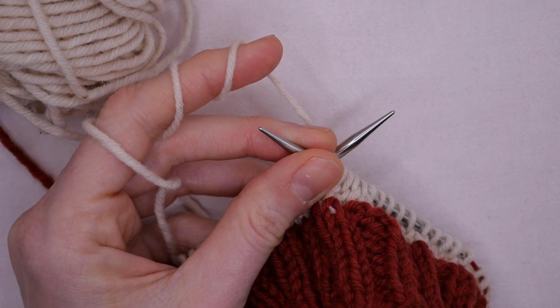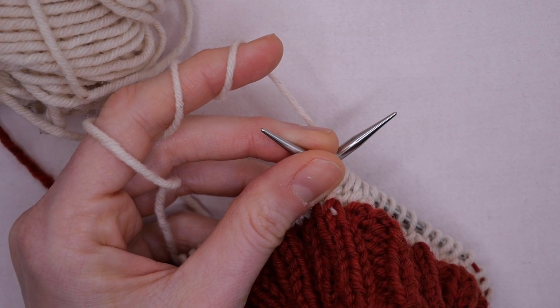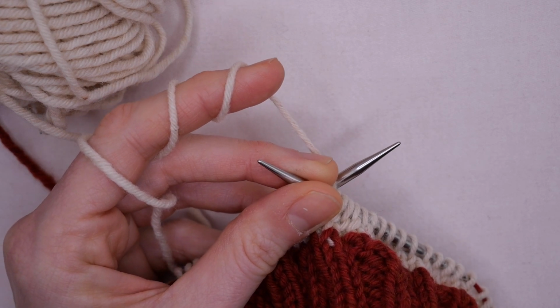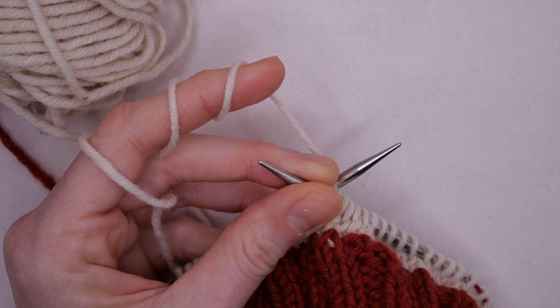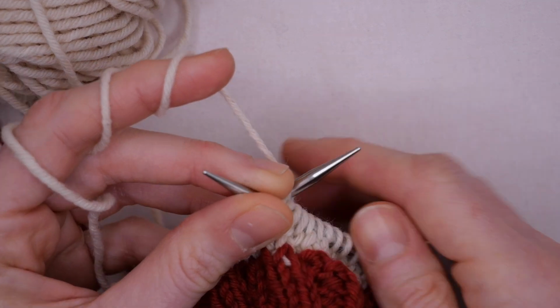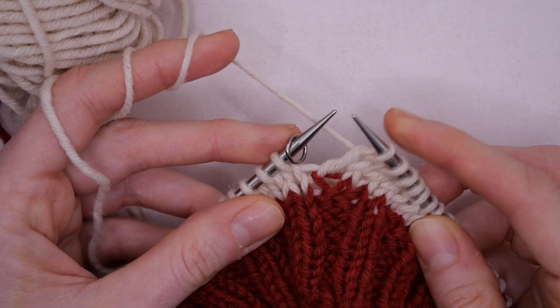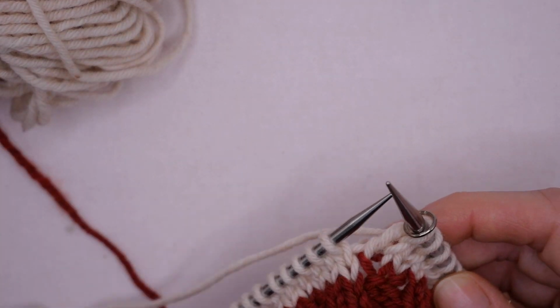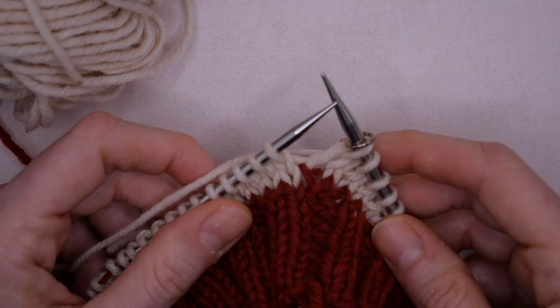Oh, you know what? I need my pattern up here. I'm ready to commence with the color work. So I'm going to just go ahead and slip my marker. Now, first of all,